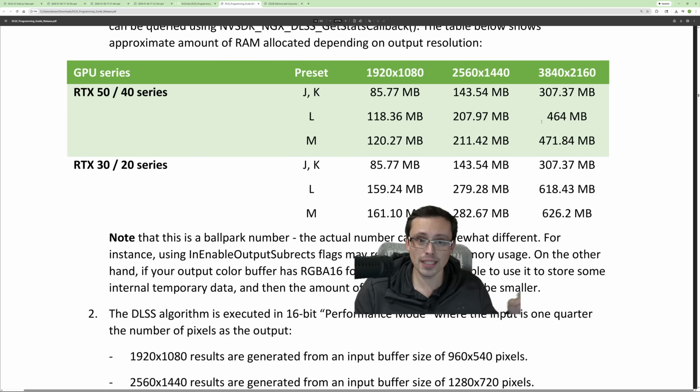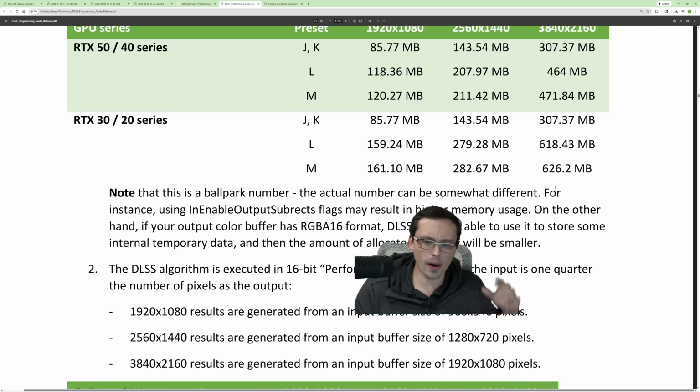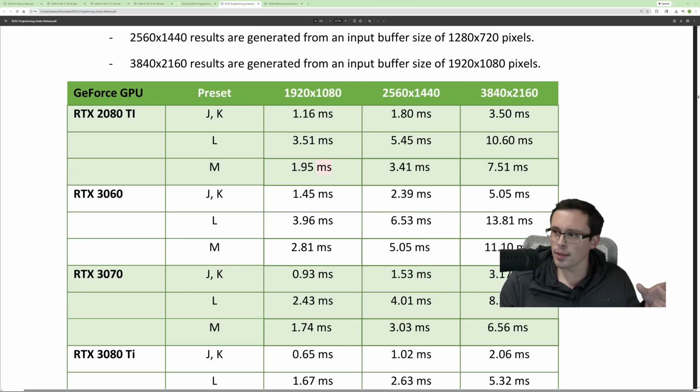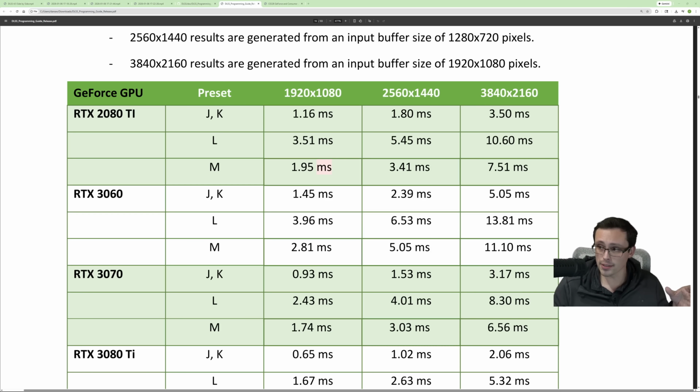So in addition to the increased VRAM usage compared to the older model, again, the older model being like the J and K presets, and now we're looking at L and M, we can see the additional VRAM usage here, and that it's more even on the 40 and 50 series GPUs, but on the 20 and 30 series, it's a lot more. Like, if we go down here, this actually gives some performance cost metrics for individual graphics cards, and this